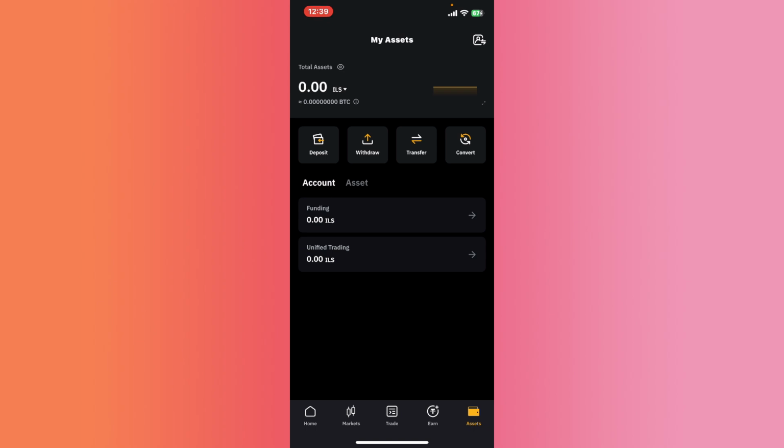Now you will see all your assets displayed in your preferred currency, whether it's for easier tracking or to match